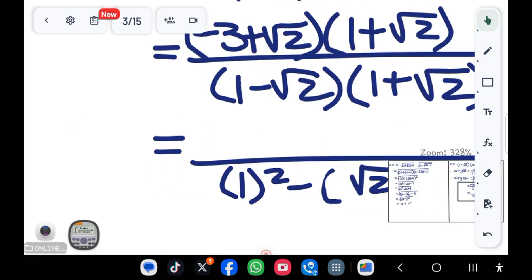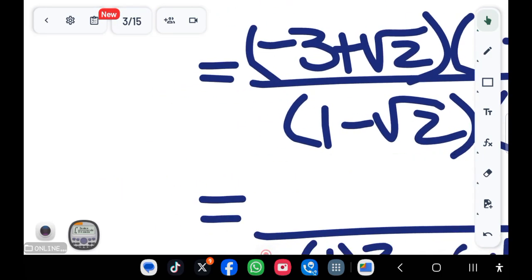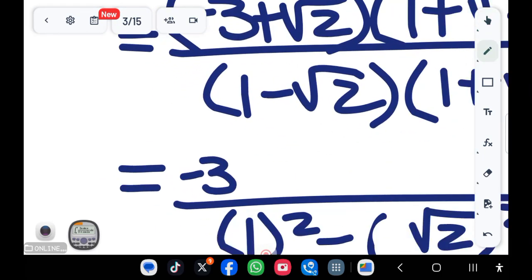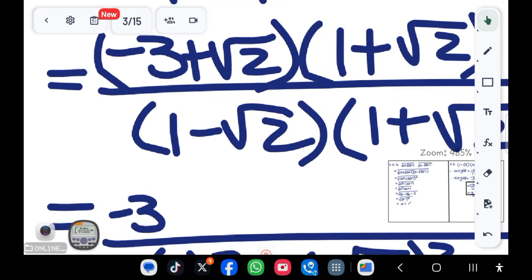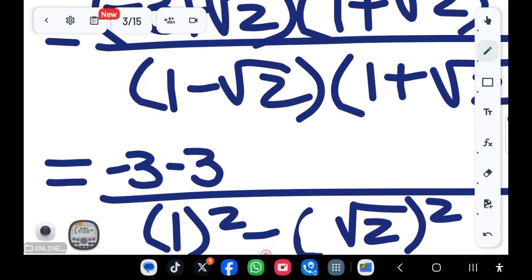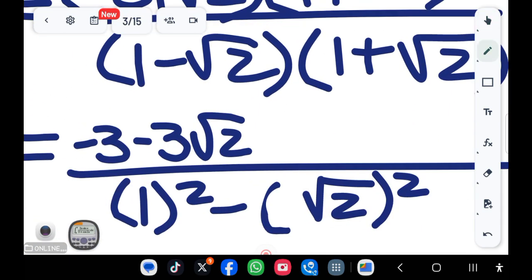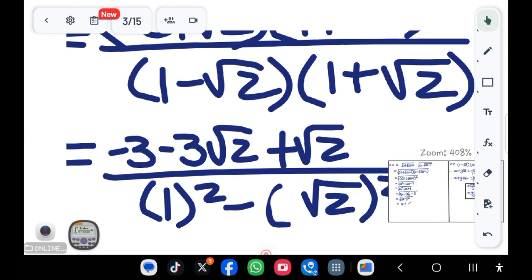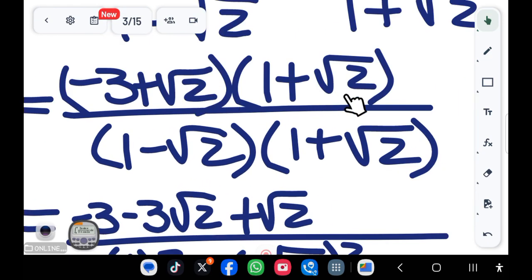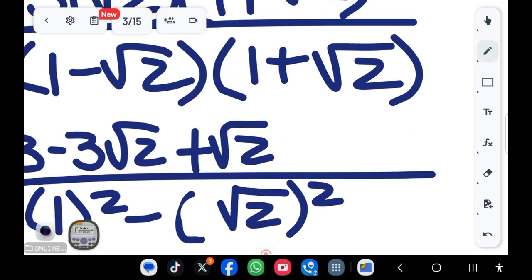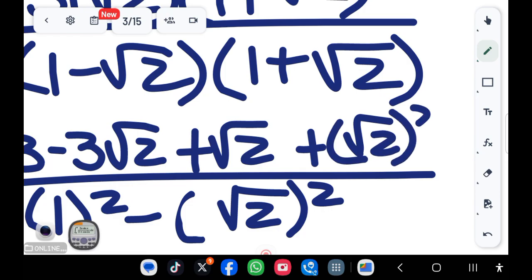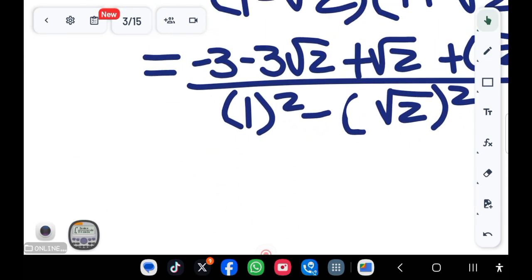All right, and at the top, that is -3. We use FOIL here. And then -3√2. And this 2, just √2. And then the last one, 2√2 times √2, that will be √2 all squared, which we know to be 2. Obviously, I just wanted to follow. All right, so that we will have -3,